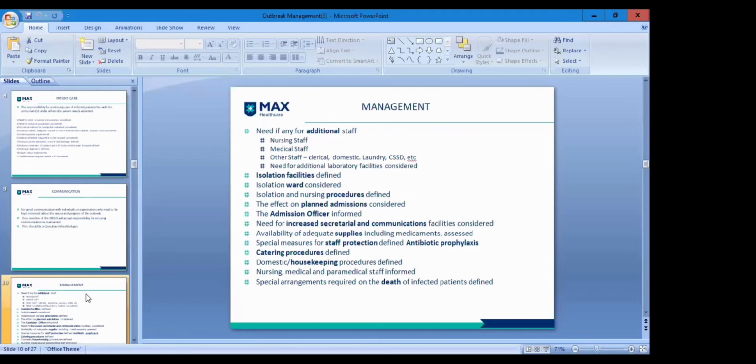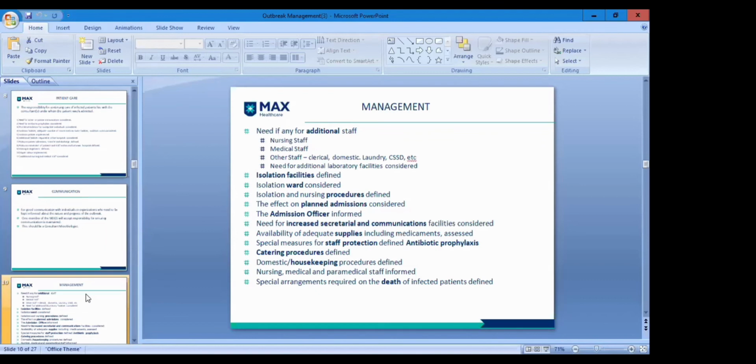Isolation facilities were defined. Initially, negative pressure rooms were created, and then we could not have the isolation facilities. Then we started cohorting our patients. Patients with the same disease have to be kept together. So if I don't talk about COVID, say a patient with chickenpox is admitted and another patient is admitted. If I don't have an isolation facility, I will keep two chickenpox patients side by side and they can share a nurse. So isolation facilities have to be defined according to the resources available, the infrastructure available, and the nursing capacity you have available.